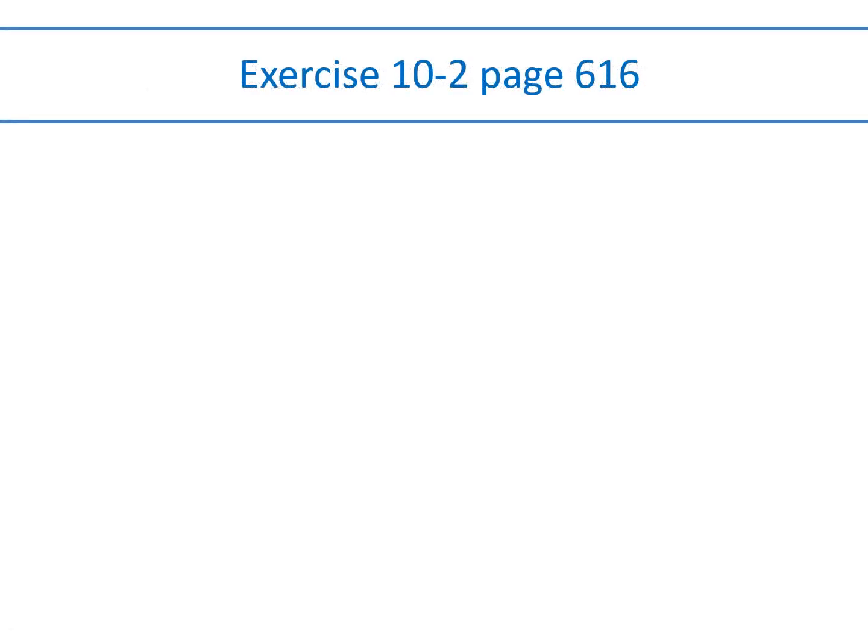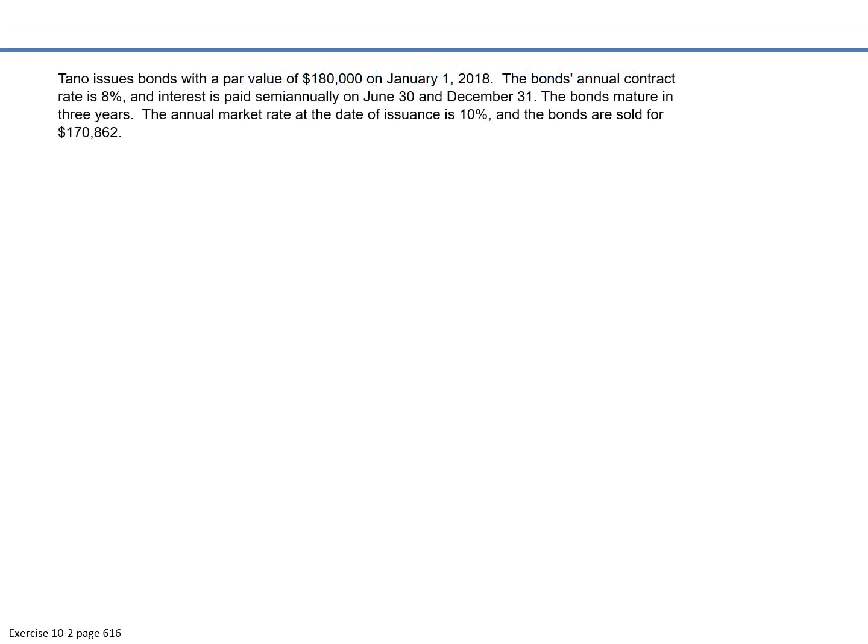Moving on to exercise 10.2. All right, TANO issues bonds with a par value of 180,000 on January 1st, 2018. Bonds annual contract rate is 8%, and the interest is paid semi-annually on June 30th and December 31st. Bonds mature in 3 years. Annual market rate at the date of issuance is 10%, and they're sold for 170,862. So if par value is 180 and they're sold for 178.62, that means they're sold at a discount, right? So what was the amount of the discount on these bonds at issuance? Take 180 minus 178.62,